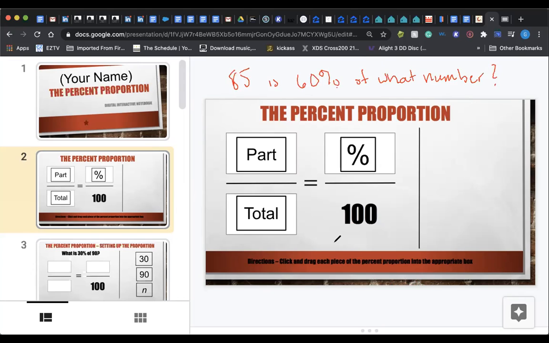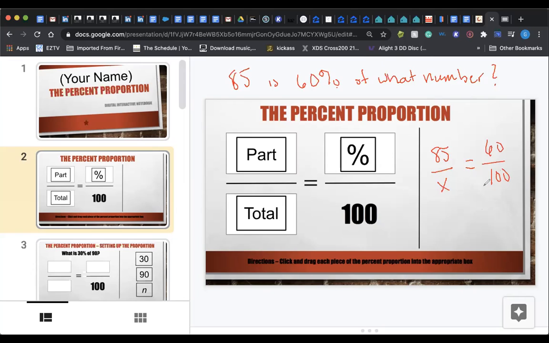So you have your percent, so 60 would be your percent. So I would put 60 over 100. And 85 would be the part. Very good. 85 is the part, and I'm missing the total. Total. Okay. And so again, we're not going to do this one, but this is how you would set that